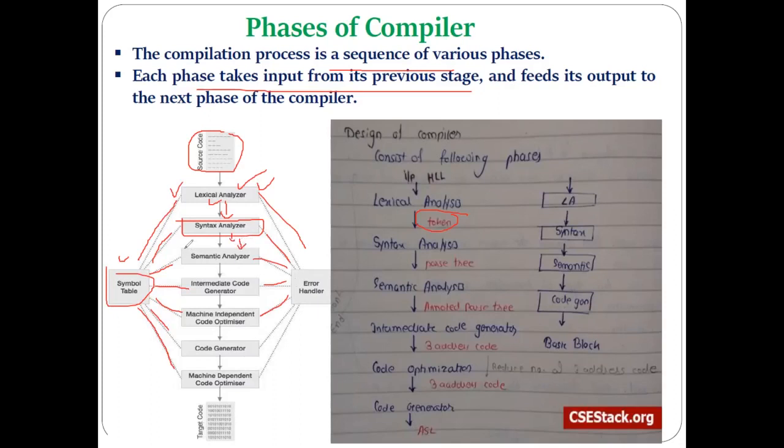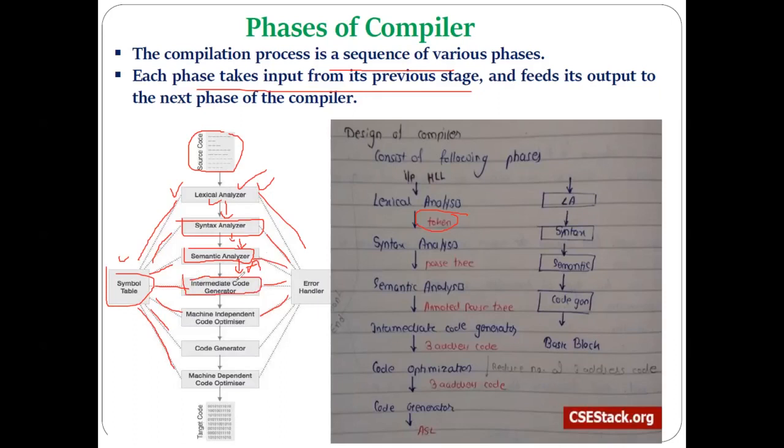So related to the semantic analyzer, we have also discussed its role. Its role is to determine the meaning of the sentence and the expression by generating the annotated parse tree. In that, we discussed the syntax directed translation, which helps to determine the meaning of the statement. The semantic analyzer also generates one output, the annotated or modified parse tree, which is given to the next phase of the compiler, the intermediate code generator.